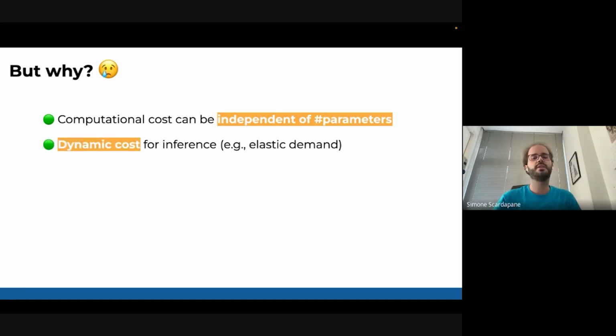But what is more interesting for me is that this cost can vary. So now we have neural networks that are going everywhere. I come from a telecommunication department. I will show you some examples, but now we are in this 5G, we are going towards 6G telecommunication paradigm where neural networks will be everywhere, will do everything.